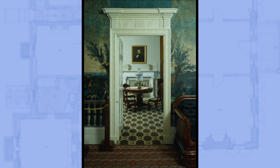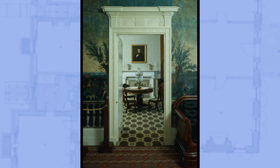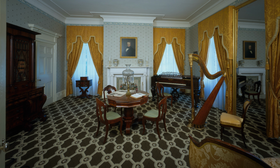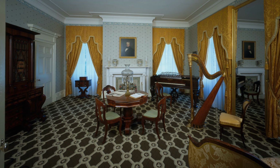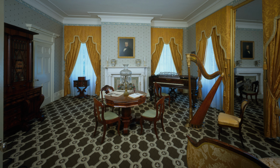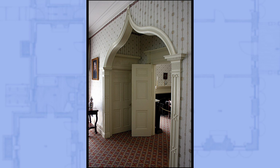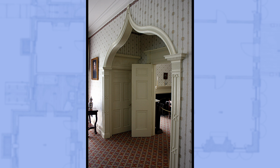We can travel through one of these door surrounds to find the living room, with its fireplace centered on the approach. Upon entering, we find that the well-proportioned room was designed to accommodate large furniture, with plenty of space for guests to mingle. Turning around, and in keeping with the Gothic style, a flamboyant pointed arch directs us towards the